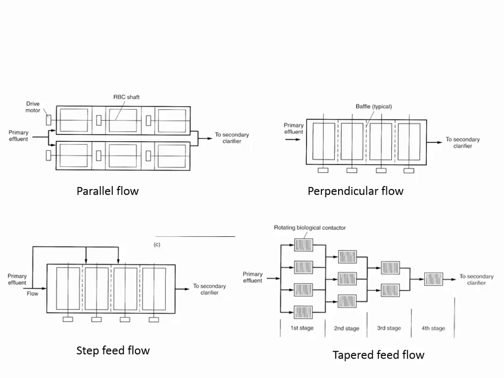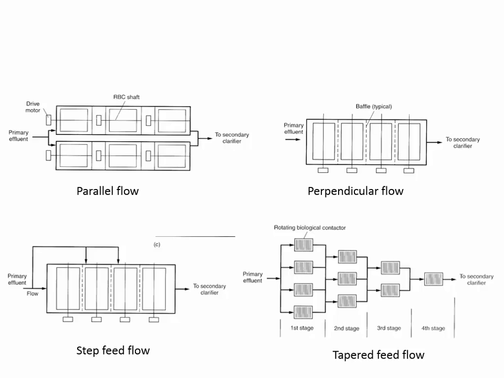Who remembers the objective of step feed? This diagram at the lower left says step feed flow. So what's the purpose of step feeding in comparison to perpendicular flow, where it's the same configuration, the same reactor, 1, 2, 3, 4 RBCs, but why would you step feed versus not step feed? Give the bacteria in those later chambers a chance to get the higher concentration of substrate. That's right. Step feeding is going to give you more efficiency because we have first order kinetics,